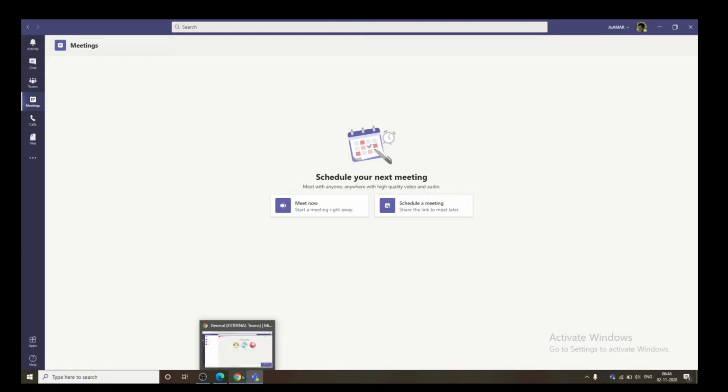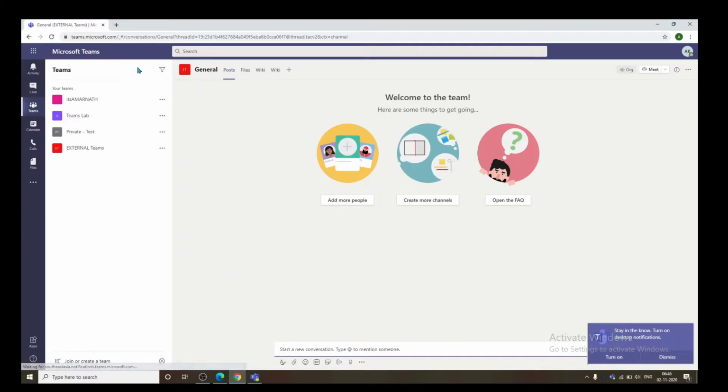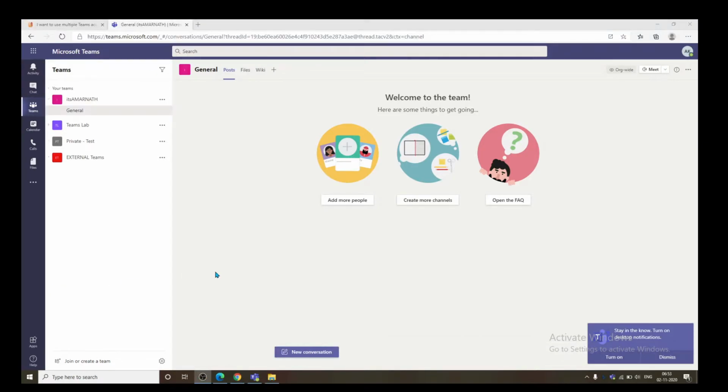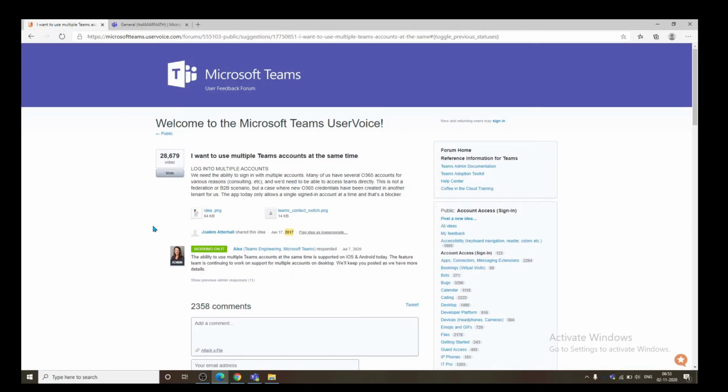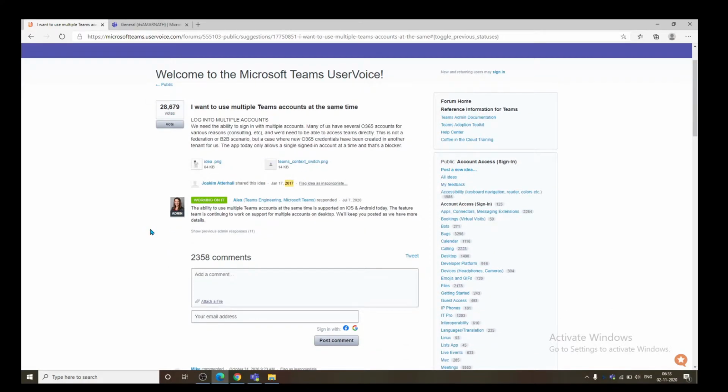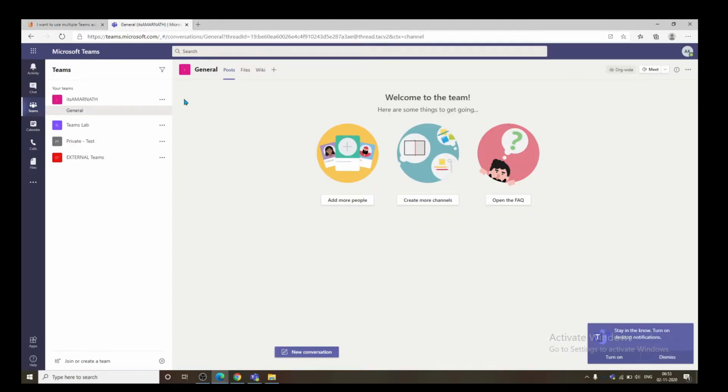We can log into the web app and use it, but as per feedback and customer experience, it is not as good as the Teams desktop app. The usage of multiple accounts in a single desktop app is a much anticipated feature and was submitted to the Microsoft Teams user feedback in 2017 itself. Microsoft is still working on this feature and has released this option for the Android and iOS applications. But on the desktop it is still in progress and we may need to use the web applications only.